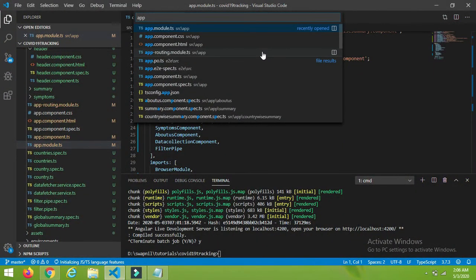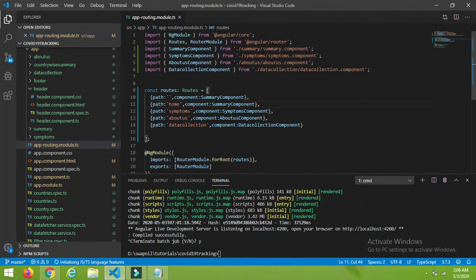Open app-routing.module.ts. Here I have declared this array of routes. Here I have given the paths for home, symptoms, about us and data collection, and also given which particular component will get called for each URL. Hope you guys are clear till here.